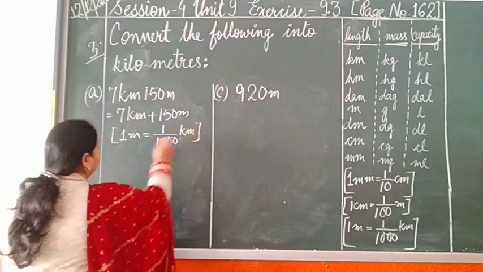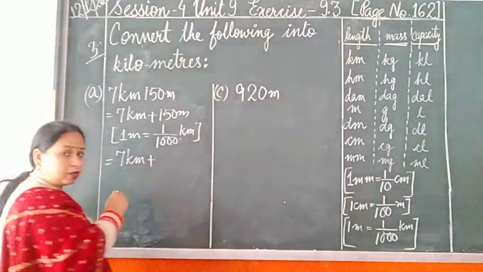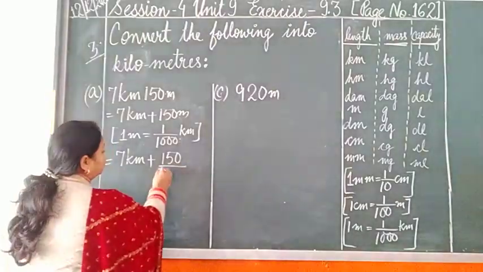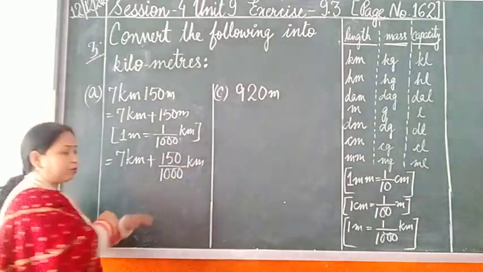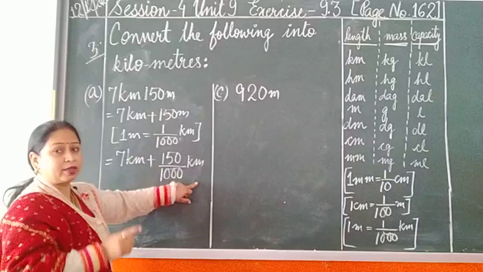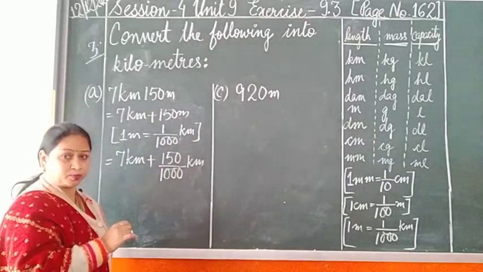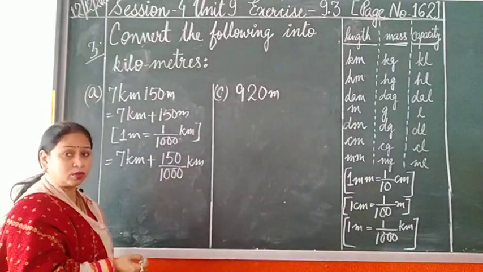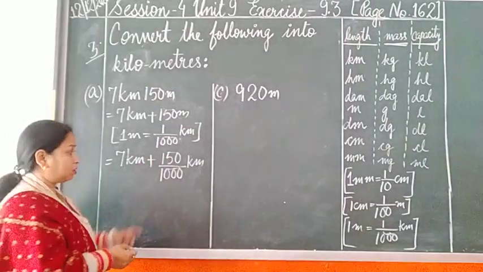Kilometer. Okay. So, 7 kilometer will be written as it is since it is already given in kilometer. Conversion will take place over here. So, this we will be changing, 150 divided by 1000 kilometer. The moment you divide it by 1000, from meter it changes to kilometer. Please, again and again I am reminding you, have a proper check on the units. Okay, this is very important as we are doing this chapter which is based on the conversions of the unit. Okay. So, 150 upon 1000 kilometer you will get.